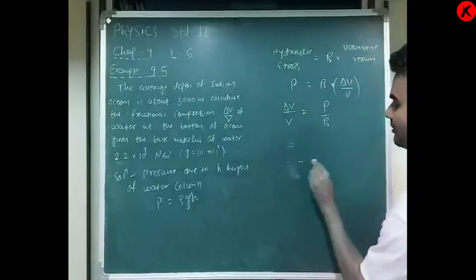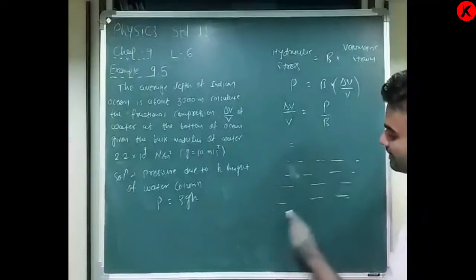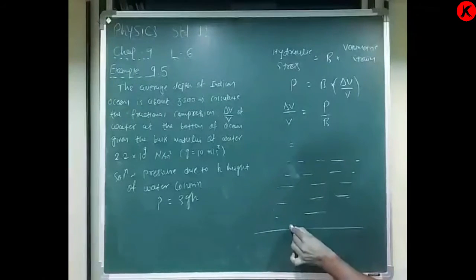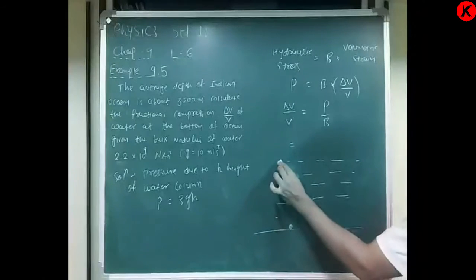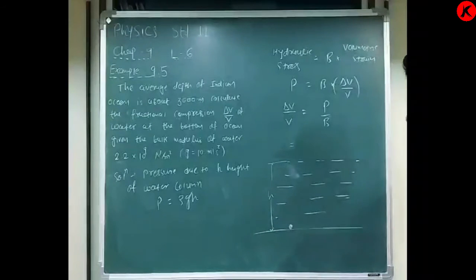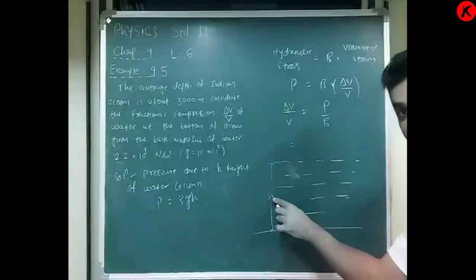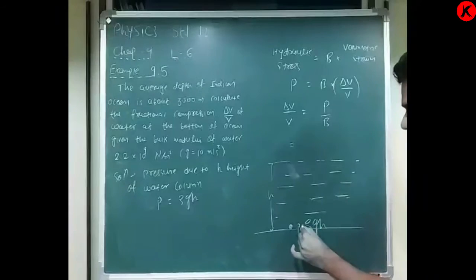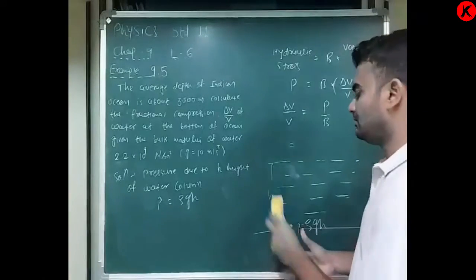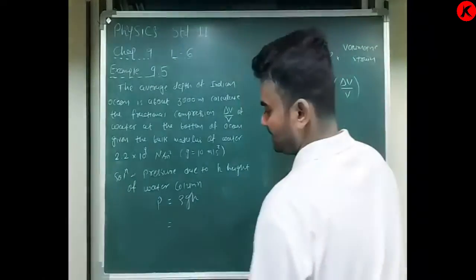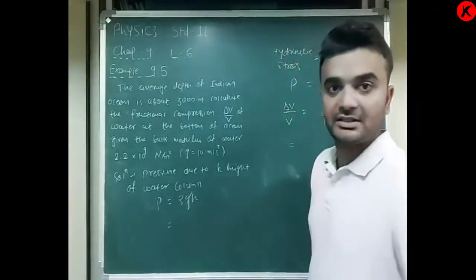Let's say there is the ocean over here, and this is the depth and some object is over here, so the pressure will be... Let's say the depth is H, or D. So pressure at H depth is equal to rho GH. So P is equal to rho GH. This is the gauge pressure. Now what is rho? Rho is the density of water.